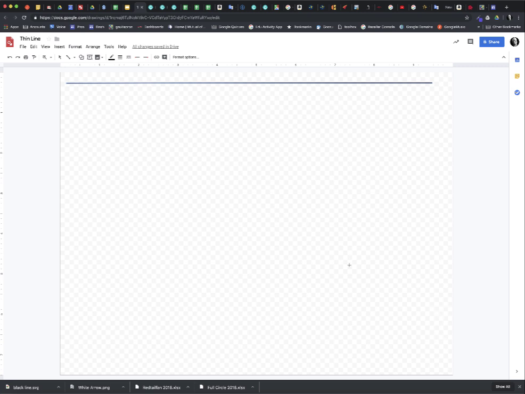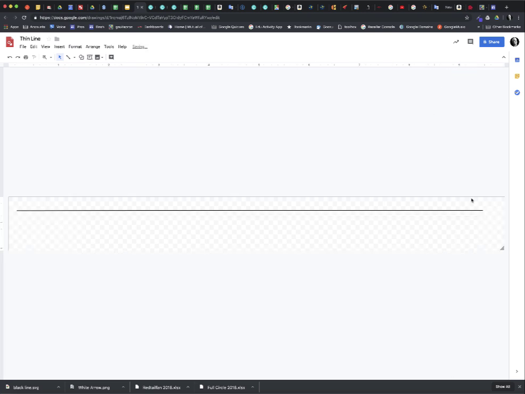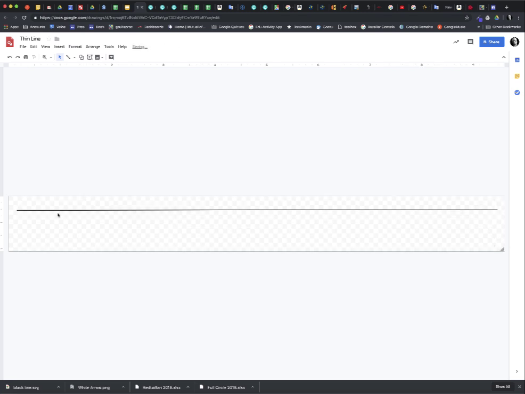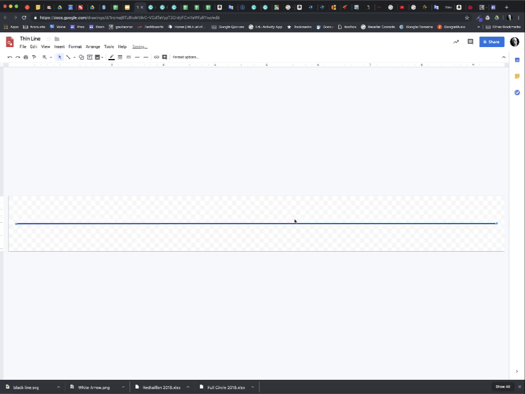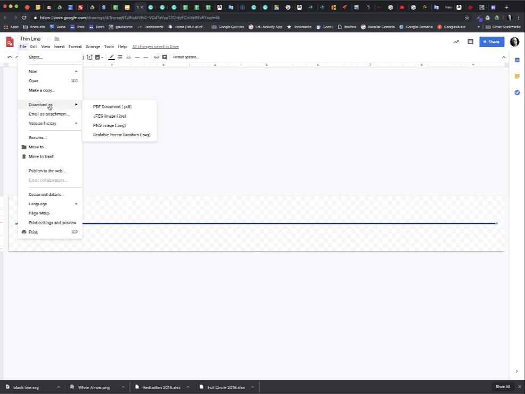Then, once I've done that, I simply grab the select tool again. I grab the very bottom corner of this resize tool of the canvas to shrink this down, and I might actually put this line right in the middle of it. Okay, so I've created a thin black line, and then I simply come here and I download it